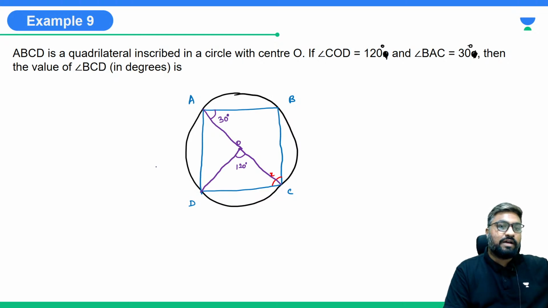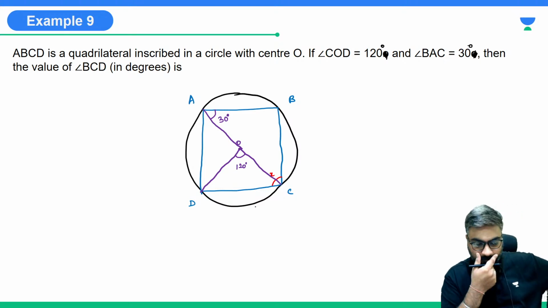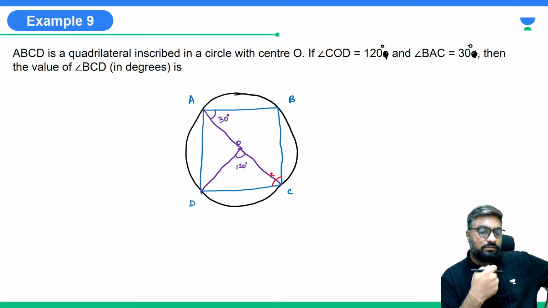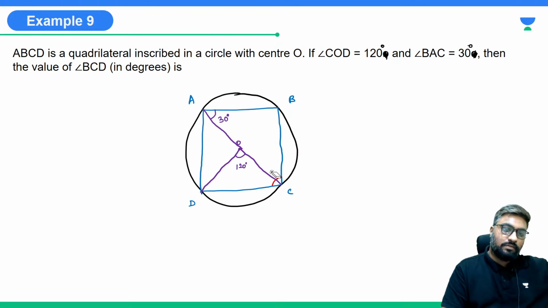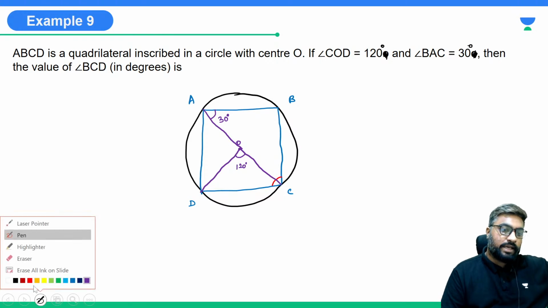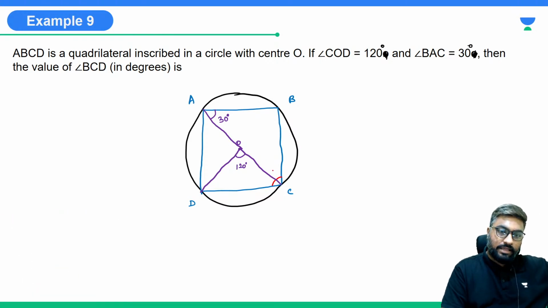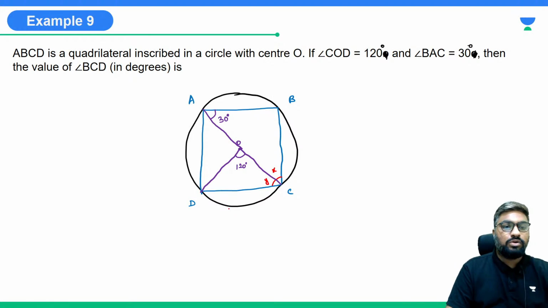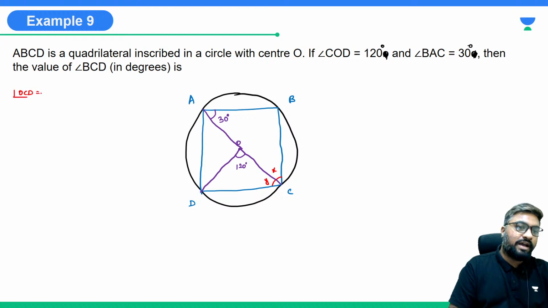We need to find the value of BCD, this angle. Okay. So what we can do is we can start by taking this part as X, this part as Y. Okay. Angle OCD को अपन ने Y लिया है